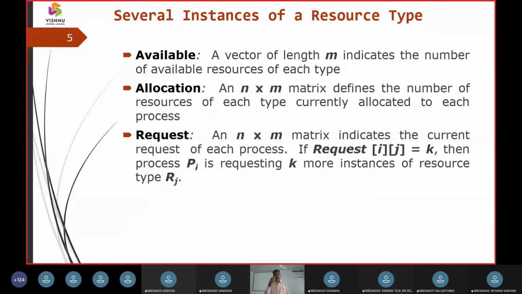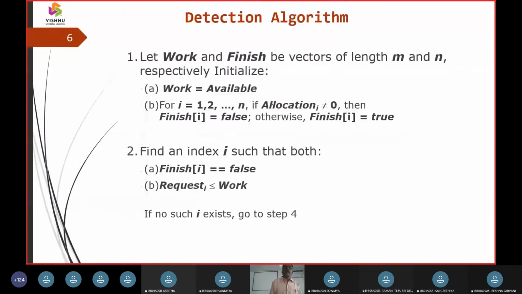So we have talked about a wait-for graph, and now you can see the banker's algorithm. It is going to have the data structures. One we are going to call available, another allocation, and the third one request, and we talked about assigning the available value to the work. We call it the deadlock detection algorithm via banker's algorithm. Then we have assumed the total number of instances is going to be 5.